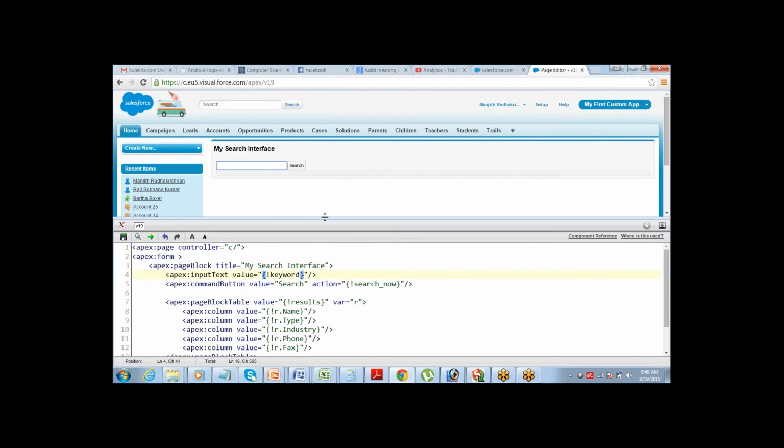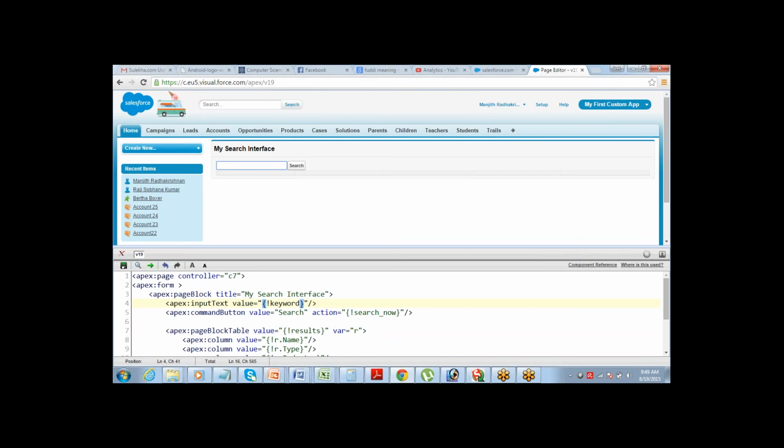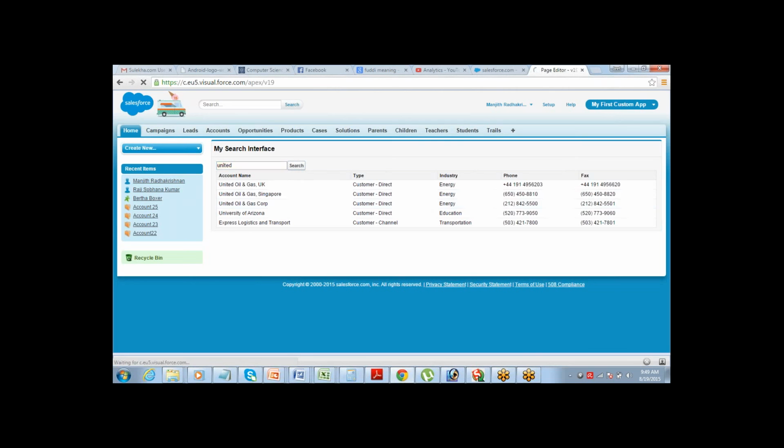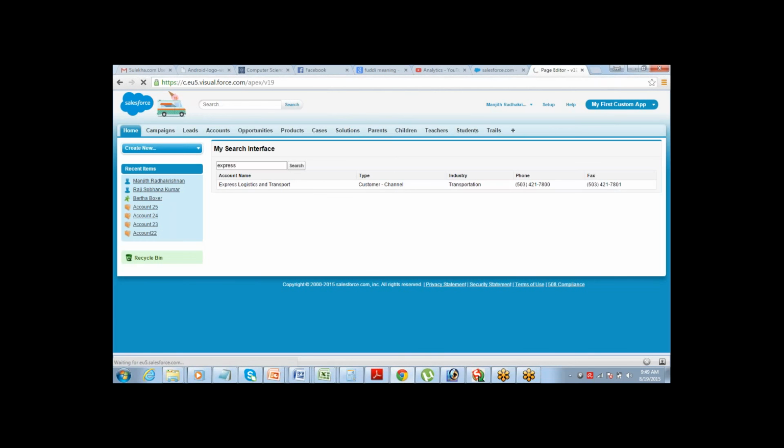So my method and the page and everything is saved. Now let me search for United. Click on search to get the results. Search for some other keyword, Express. Click on search to get the results. Search for hotel.